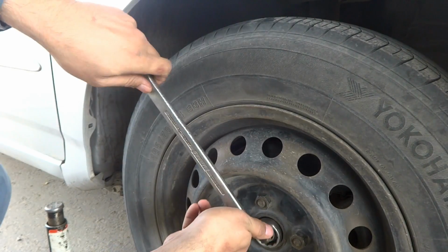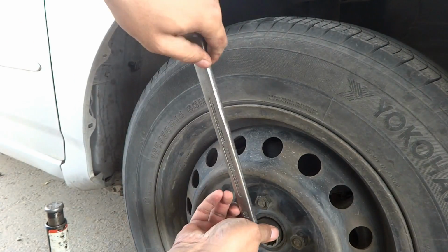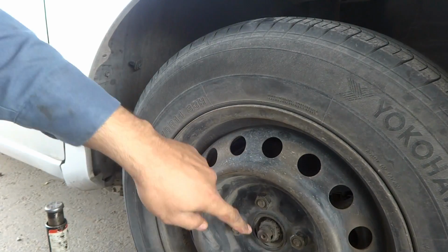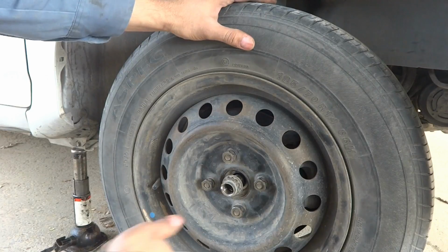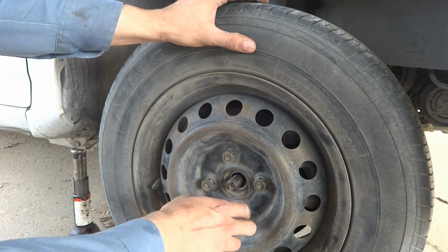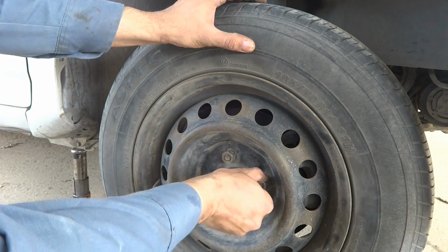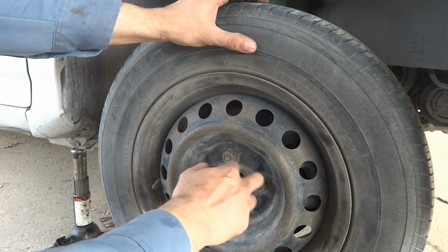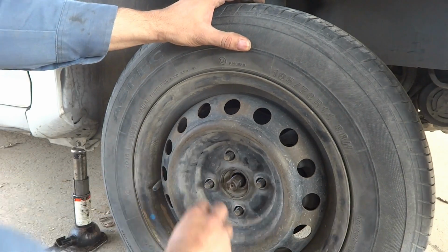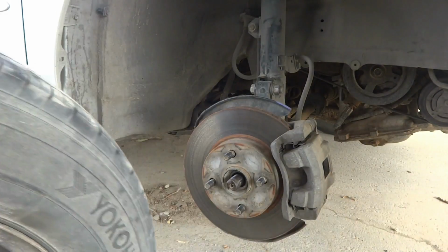Even my hand also, I'm able to rotate it. So by this way I will remove this nut. By this way I have to remove this nut and all these 4 nuts. I have to remove these also, so that I will be able to remove the tire from the wheel. So I'll remove and take off the tire,